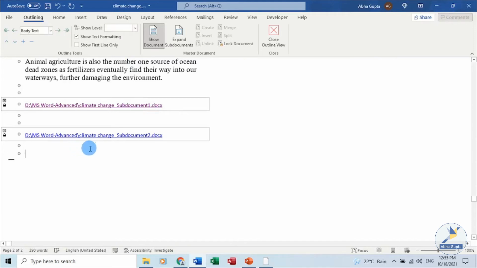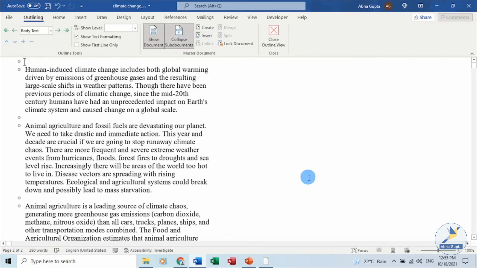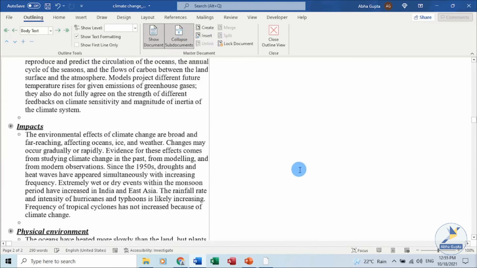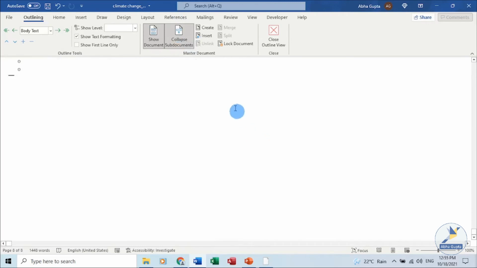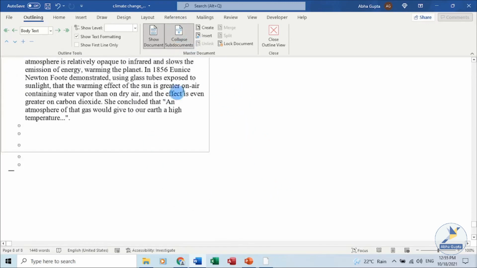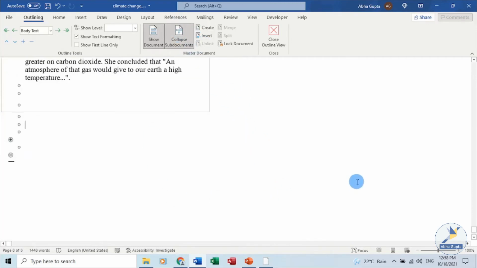If you want, you can create a new document in the master document itself. Click on Expand Document. Now you can create or insert new documents only when you have clicked on the Expand Document option. And if you want to create a new document inside the master document, click on Create.